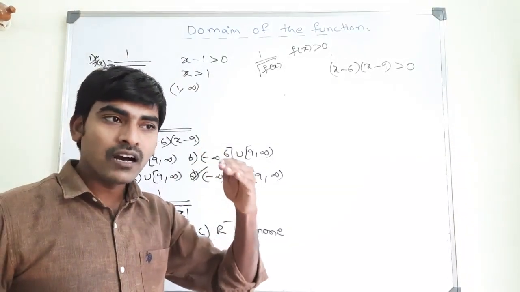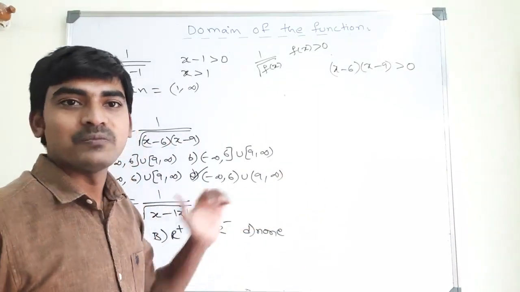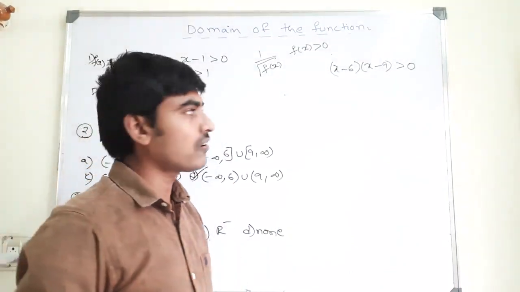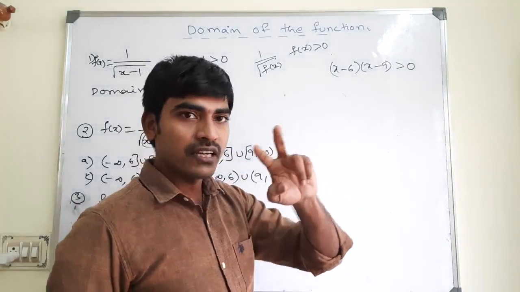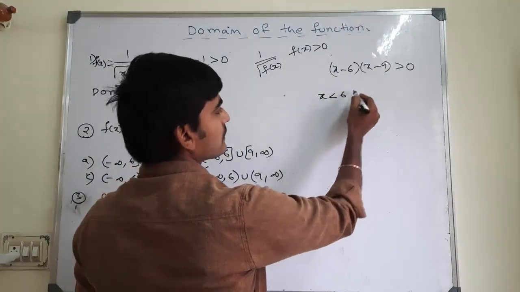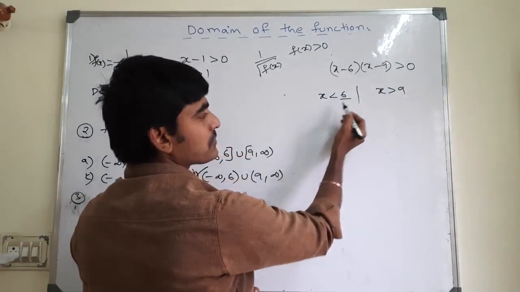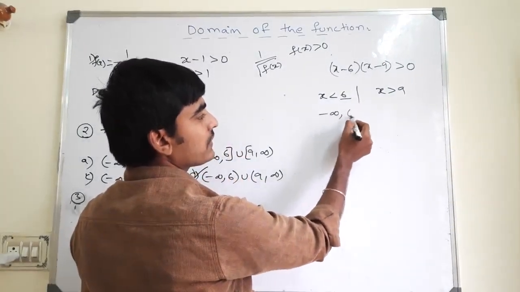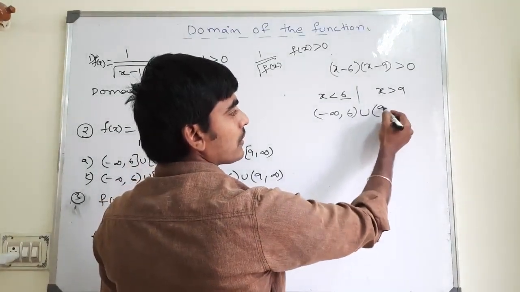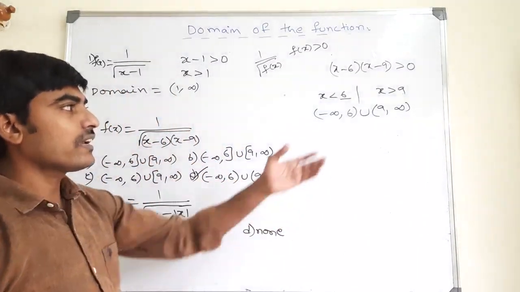See, for this we need to solve again. So that only in the exam hall, spontaneously we need to use the brain. Who can use the brain, they can do. For this, no need to solve. Solving means first you should have the basic knowledge. Greater than symbol means you should take the 2 intervals. How to take? Which is small? For small, x less than 6. Which is big? X is greater than 9. That means maximum 6, minimum we don't know. So minus infinity to 6, open interval, and union, minimum is 9. What about maximum? Up to infinity. See how easy this is. So option D. Now also I got the same thing, right?